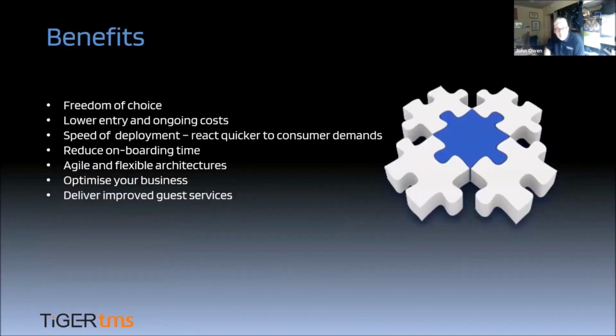So to summarize the benefits, middleware provides freedom of choice for hoteliers, doesn't constrain them to the limited choices available by the PMS. It definitely reduces operating costs. There are no more costly interfaces to maintain. Only one interface into the PMS. Much, much quicker deployment, so you can introduce new applications speedily and according to the demands of your customers. It's an agile and flexible architecture, and undoubtedly, at the end of the day, by bringing in a middleware-centric architecture, you can deliver improved guest service.